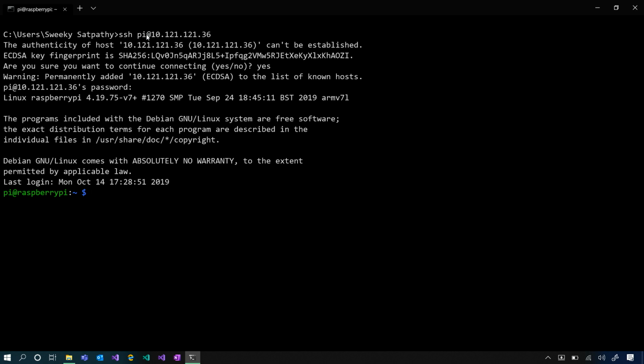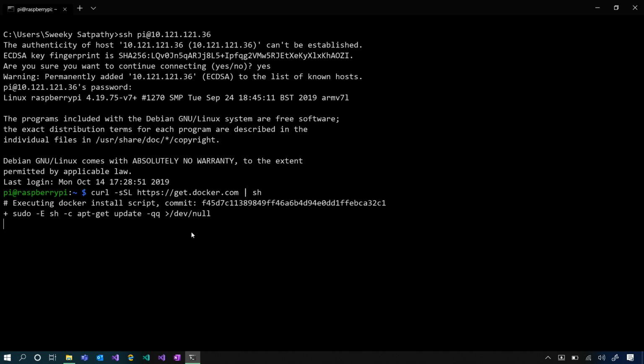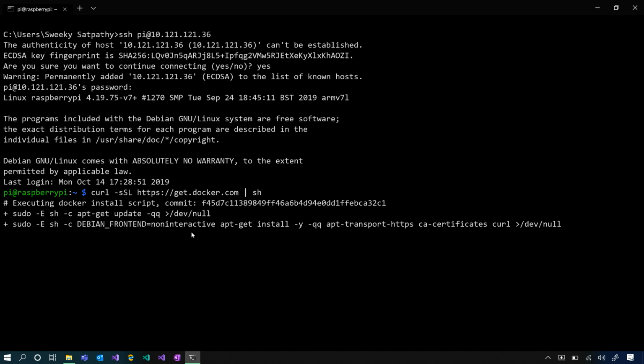One last step we will do in this configuration that will make it easy to follow along with the tutorials is we will now install Docker onto the Raspberry Pi. To do that, I'm going to use this script that will install Docker on the Raspberry Pi. Since I'm already SSH'd into it, I don't need to type this script in the terminal of the Raspberry Pi. I can just do it right here. So this will install Docker on our Raspberry Pi. Once the installation is complete, that completes the configuration of the Raspberry Pi, and it is now ready to run our samples.